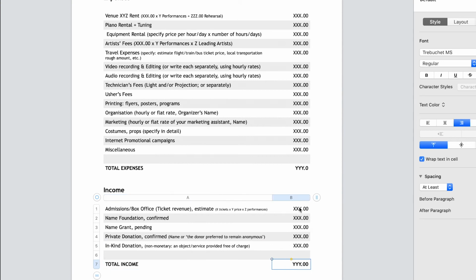And now, the fun part is that this number, the total income, and this number, your total expenses, they need to match. And this is up to you how you do the math here and here. Well, the math has to be correct, but how you distribute the funds. So each foundation has to see that you are able to carry out this project successfully. What do I mean? Is that you estimated, you planned your expenses to match your income.